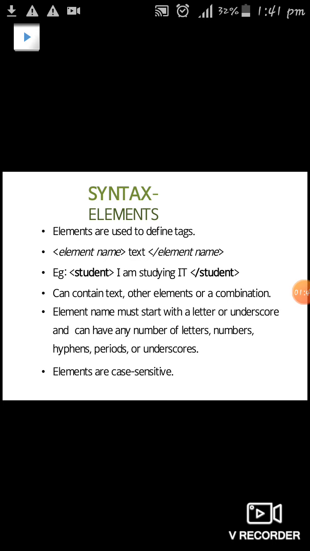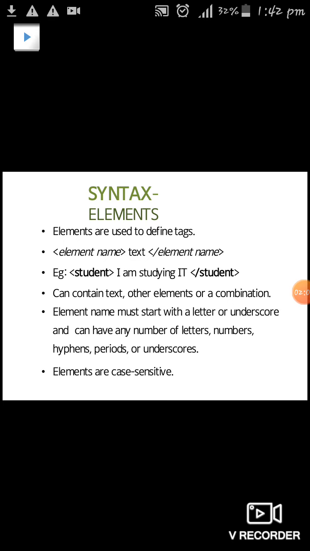So next, the syntax of XML. First we're going to see the elements, or tags. XML does not have any predefined tags. XML has its own tags. When we compare with HTML, XML has its own set of tags. So elements are used to define the tags of the XML language.